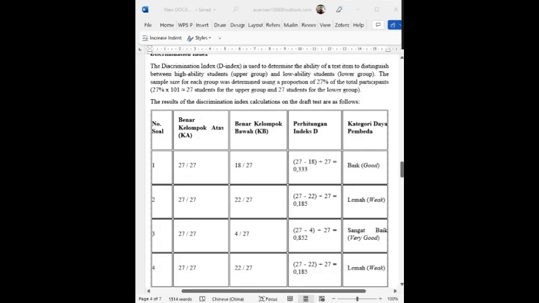Next is the discrimination index, or D index. This index measures how well a test item distinguishes between high-ability students, the top 27%, and low-ability students, the bottom 27%.